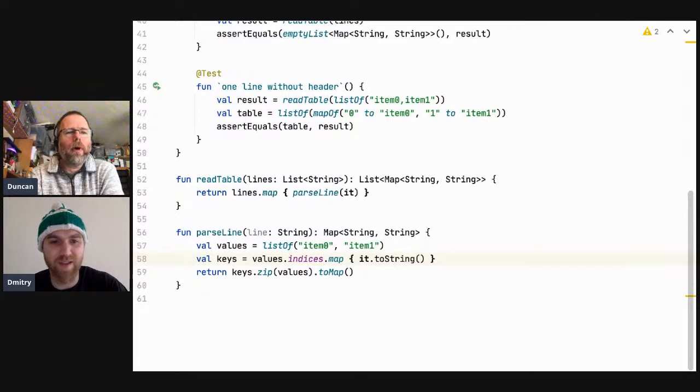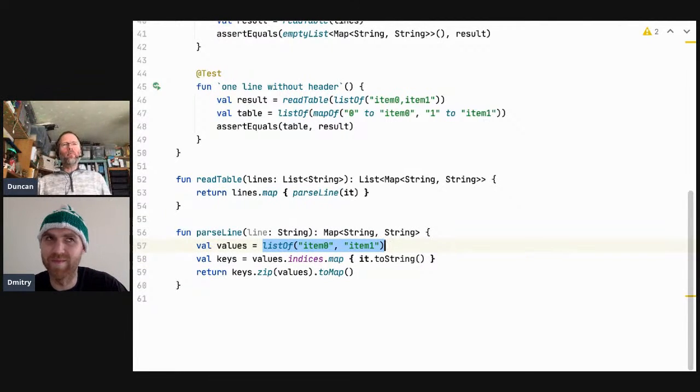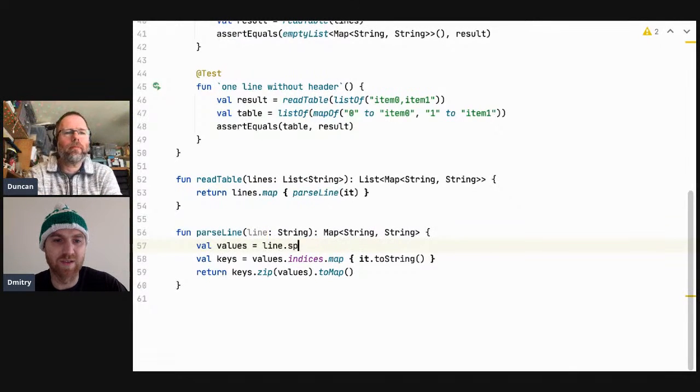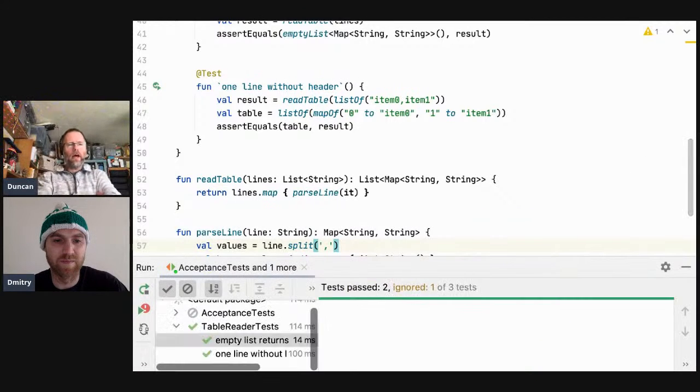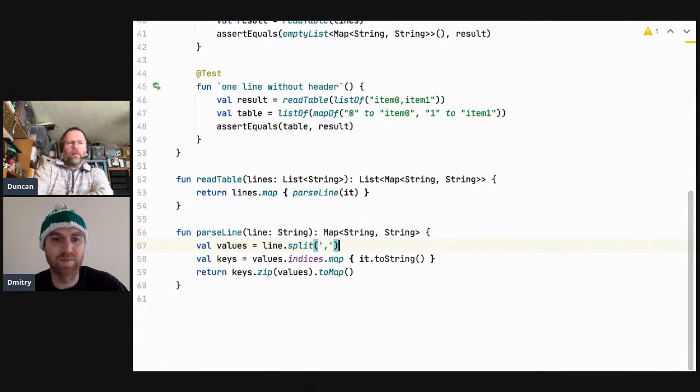Nice. And now what we have to do is say, how do we get from item 0, item 1 to quote item 0, quote, that thing, yeah. And that is splitOnComma. Right. So you're saying that split, maybe even like that. Yeah, there might be that. Try that. So I would. That works. Personally,